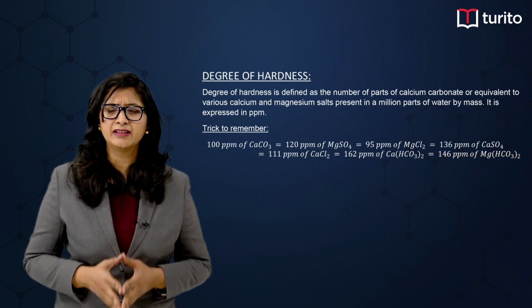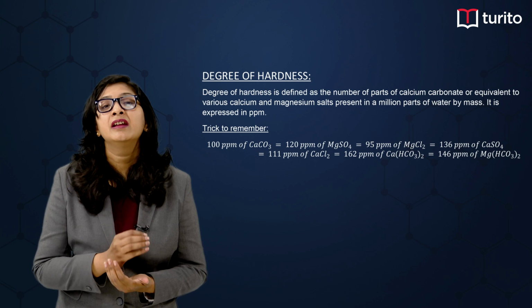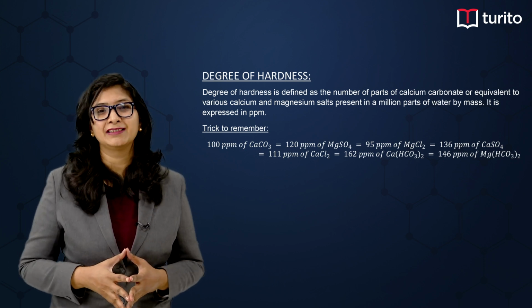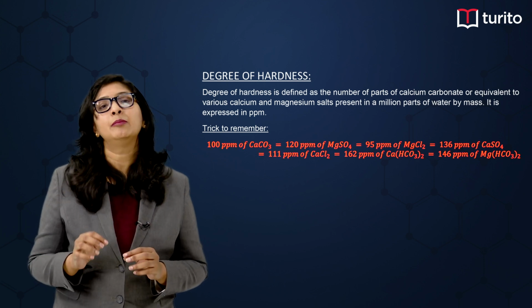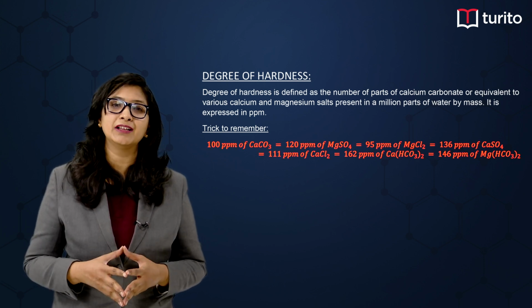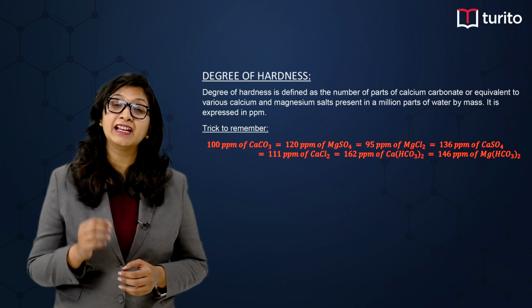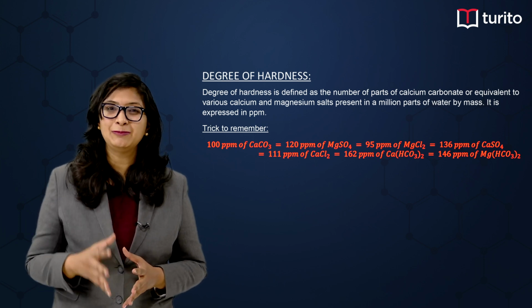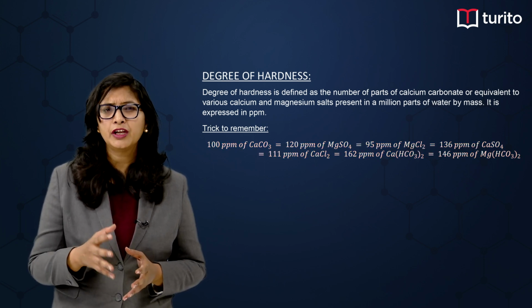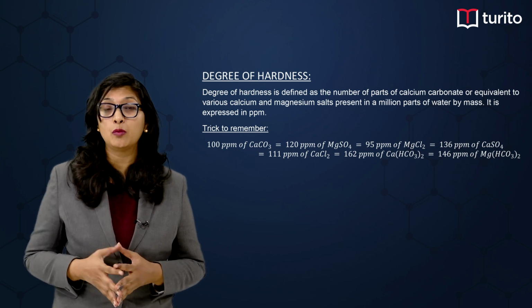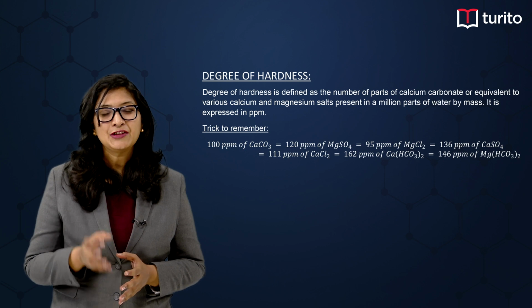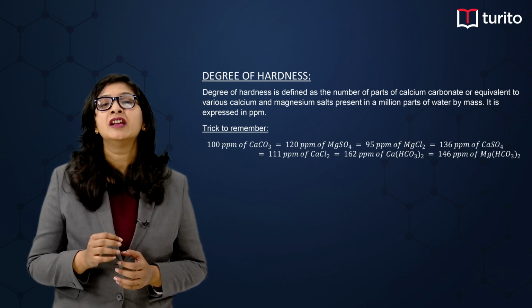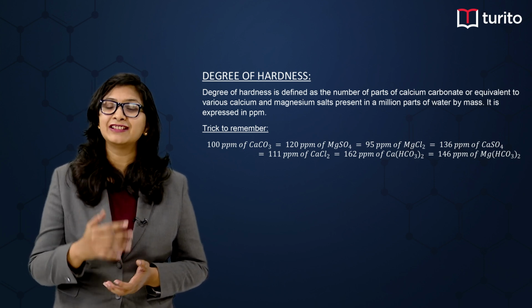How am I getting this? I am getting it by comparing their molar masses. So if you can notice over here, all these numbers are actually their molar masses, which instead of writing in grams, I wrote in ppm. Okay, so if I want to understand this better, what I have to do? No doubt I have to solve a question, right? So let us see a particular question in order to understand this better.